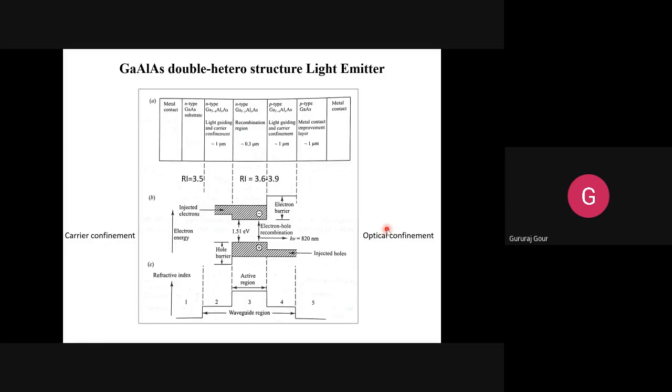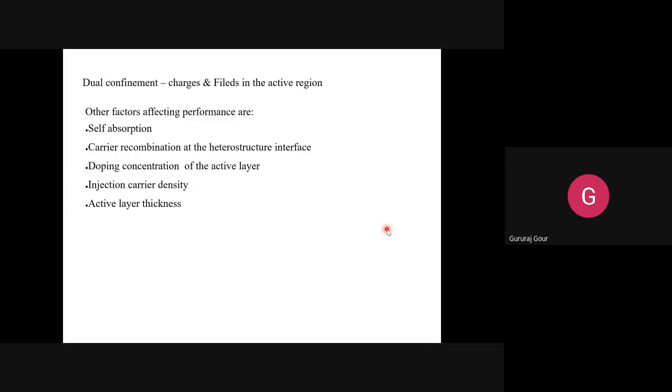So today we'll look into two different variations of the LED, which are also very important aspects to be discussed in this Module 3. The two basic LED configurations are the surface emitter, which comes under the direct band gap material, and the edge emitter, which comes under the indirect band gap material sections.